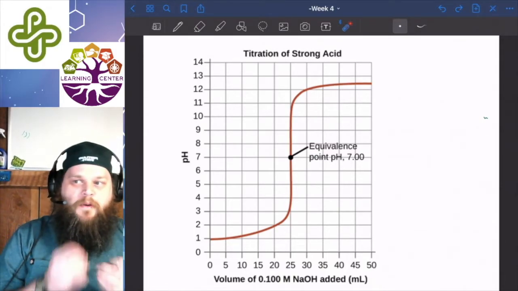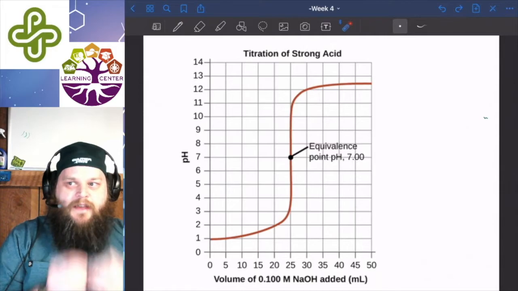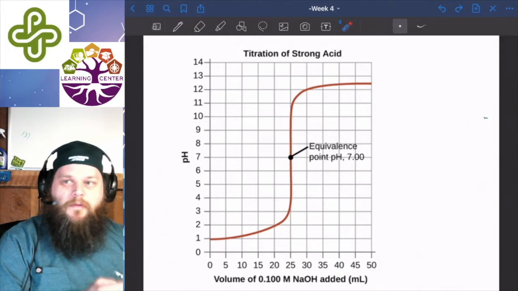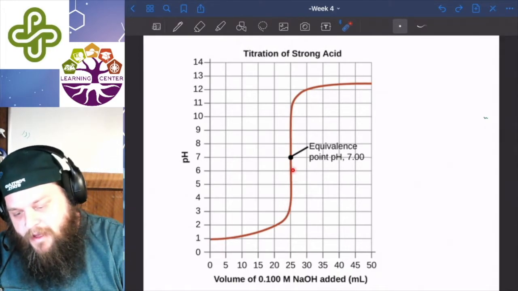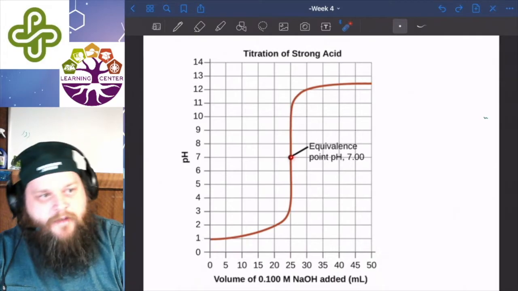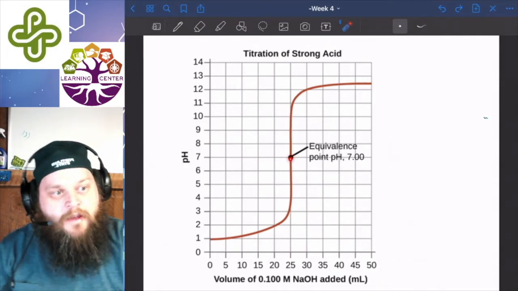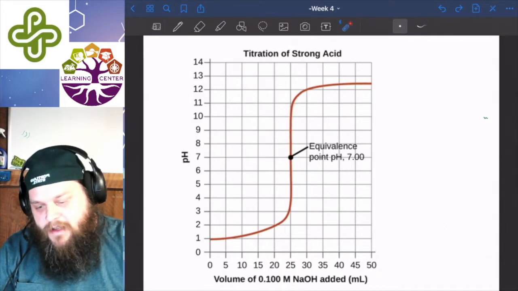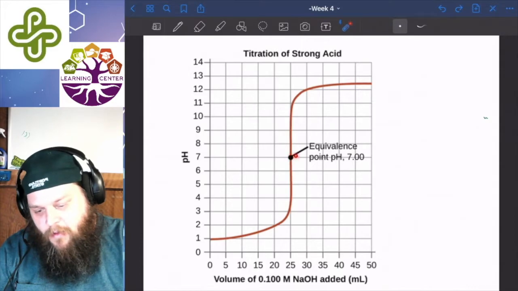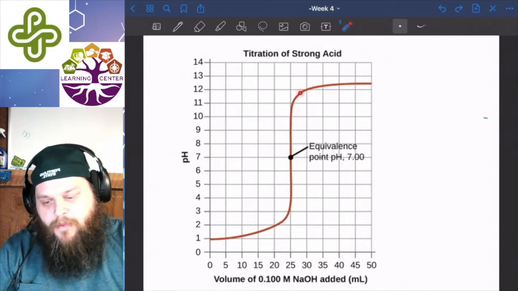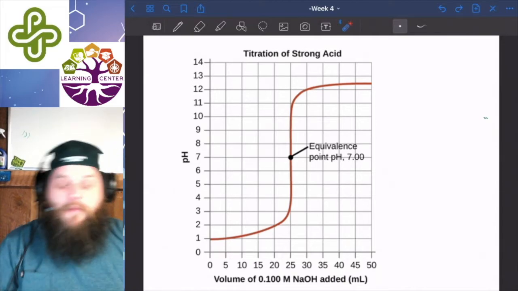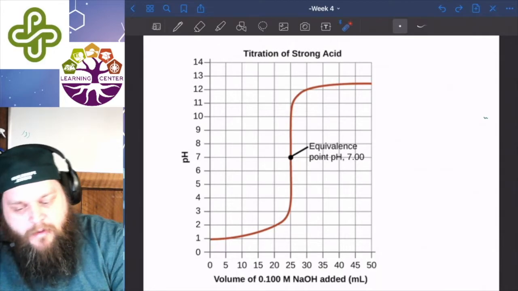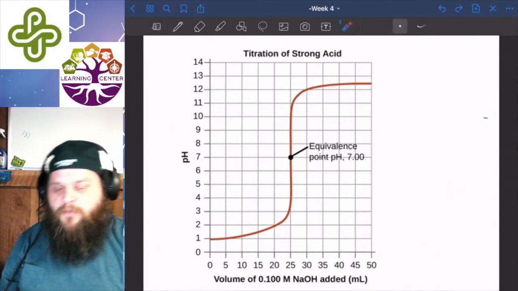At that equivalence point, the moles of hydrogen ions initially are equal to the moles of hydroxide ions. So then the pH shoots up, and it centers right around that 7 point here. If we continue to add more and more sodium hydroxide, it's going to spike. Even just a little bit more, we get a much higher pH, which means it's much more basic, because now we're adding a strong base to a neutral. Anything after this equivalence point, we're just adding that strong base to a neutral.